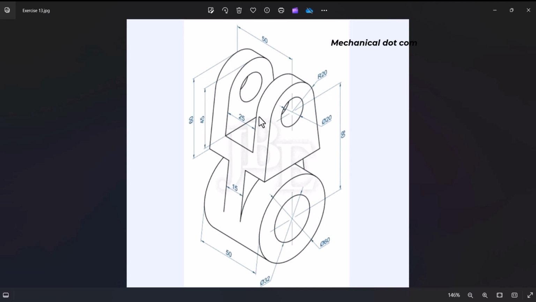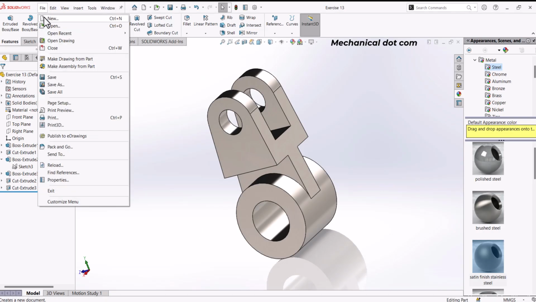Also, there is an empty slot. The height of this empty slot is 45 millimeter and the width is 25 millimeter. Now let's start our tutorial. Go to Solidworks, open a new part file,